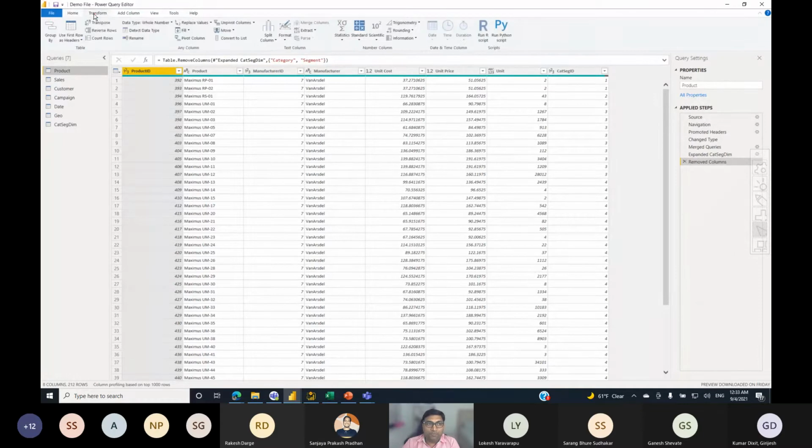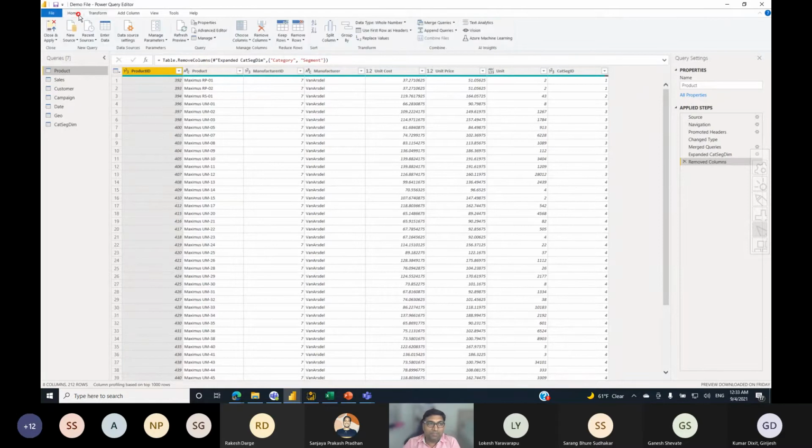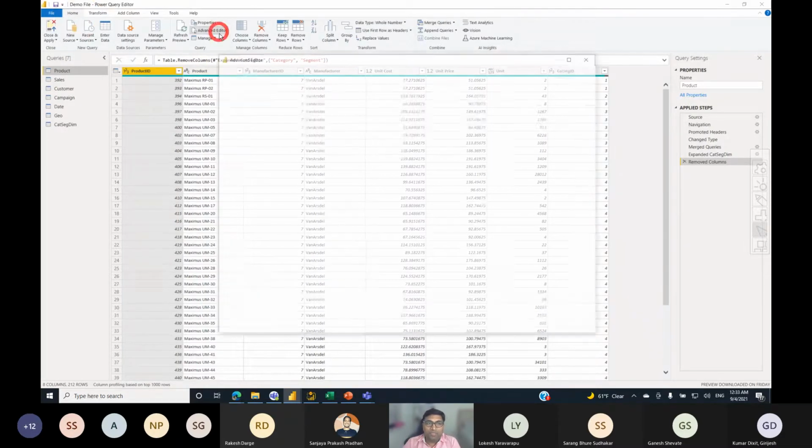If you go to the transformation tab, I'm not going to pick any one because most of the things are self-explanatory. But using these transformation actions, you can perform the transformation on your data. You can display it, you can create formulas and more. One thing that I like very much in this transformation section is the advanced editor.